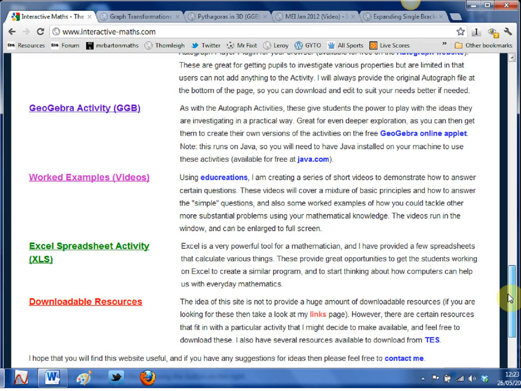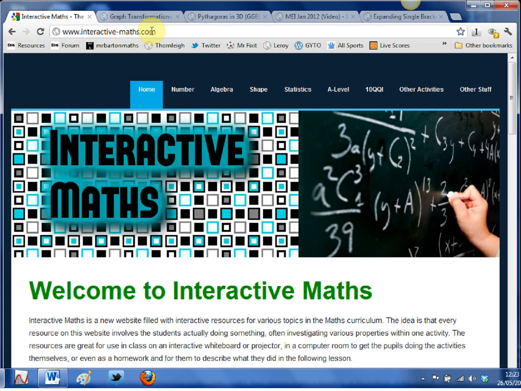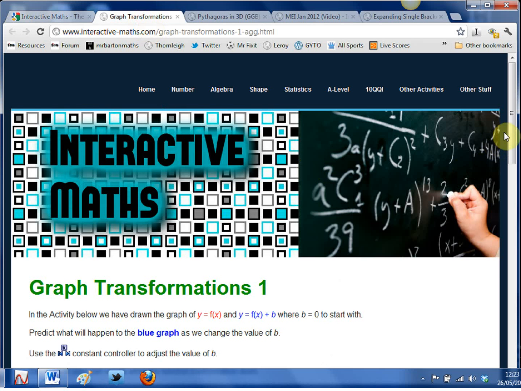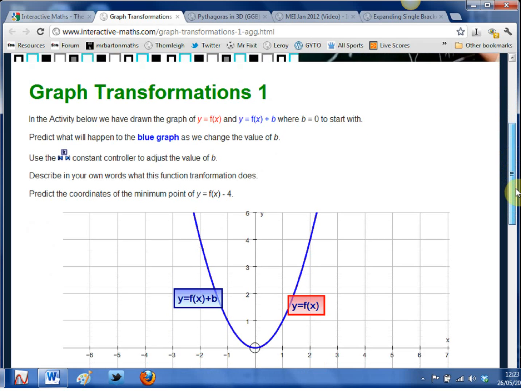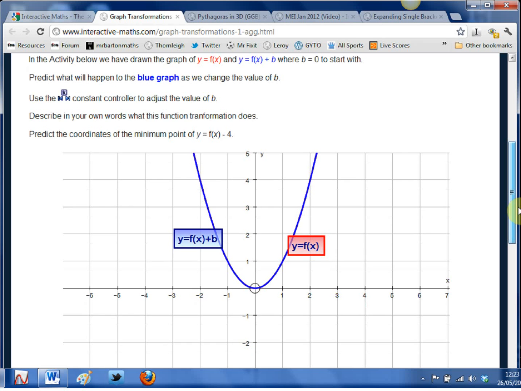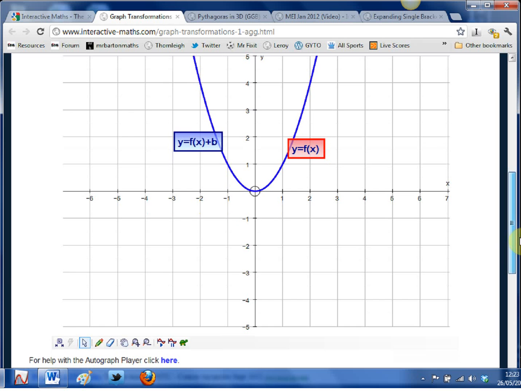So I've just picked out some of my favourite things here just to show you. So the first one is this, graph transformations. Now this has got an embedded Autograph player file in it, like you may have seen on my website, and it's absolutely fantastic. You don't need Autograph installed for this,